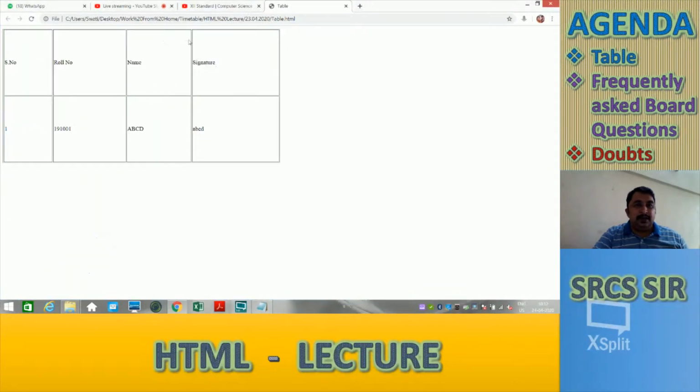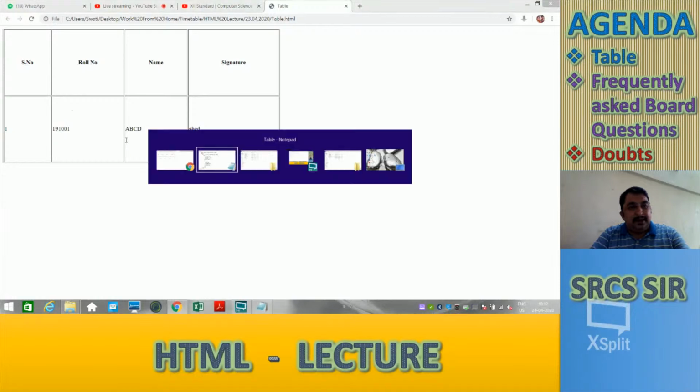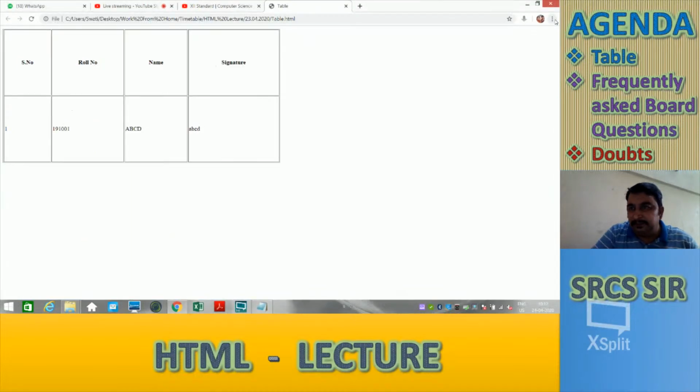This is the normal data, right? If I convert this into TH, you can see the difference. It has been aligned in center and become bold. So it looks like a proper heading, right? And here in the table, if you see,